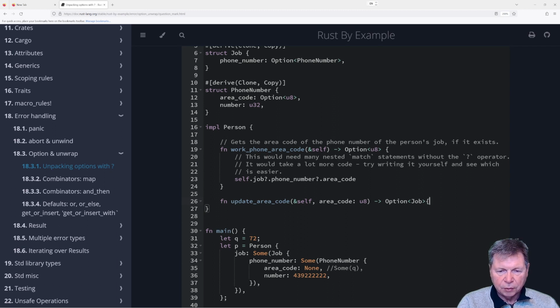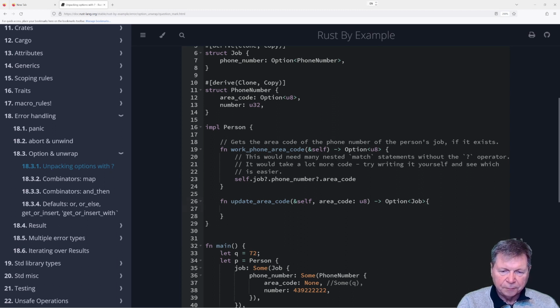Right, because I want to return the whole job. I want to get a job, update the area code, return a job. So then I would go self.job.phone number. And we don't want to update the area code unless we can actually get down here.